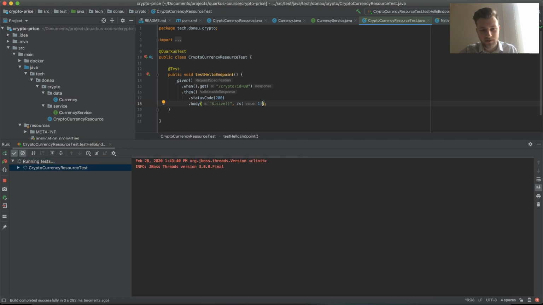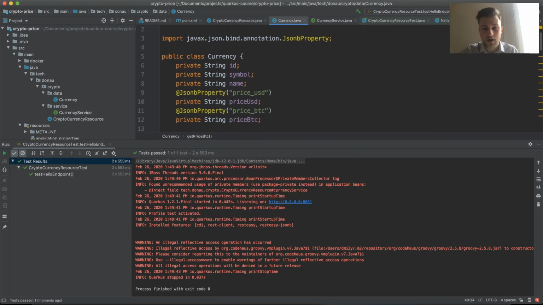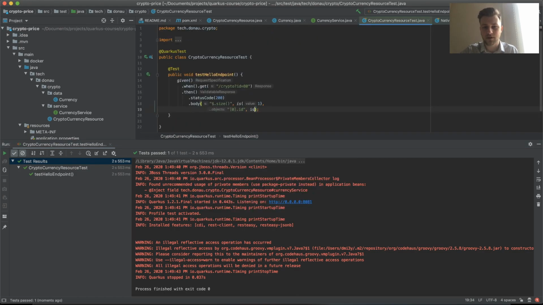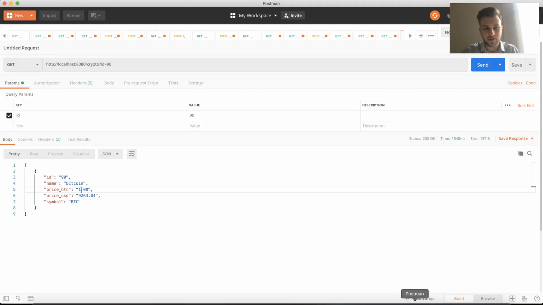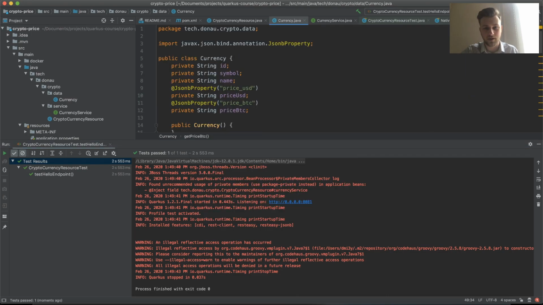We are also interested in the zero object, the first object by index 0, which is what we have here, the currency, its ID equals 80 in our case, right? We're interested if the ID of the first JSON object in the array in the root object will be 80,